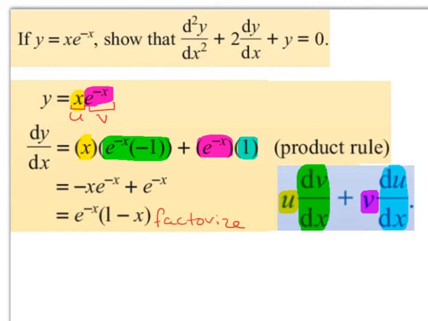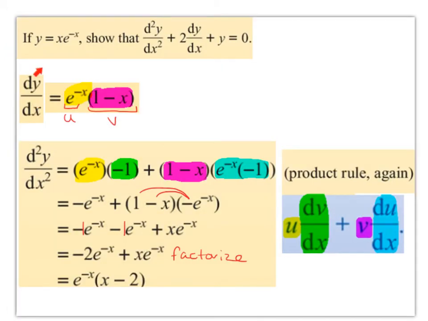So we've worked out dy/dx, which we're going to need up here. So next we need to work out d²y/dx². So we're going to have to differentiate this. If dy/dx, which we worked out in the last slide, is equal to e^(-x) times (1 - x), then d²y/dx², so this is the second derivative,